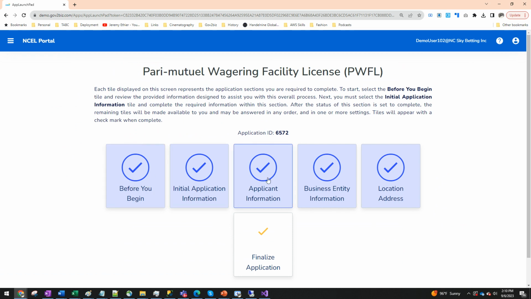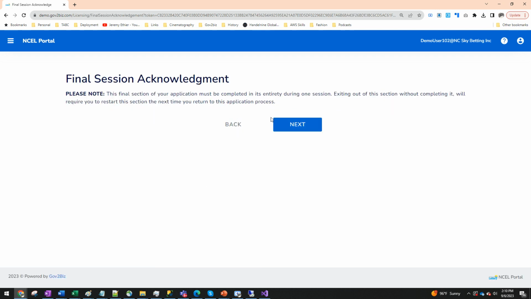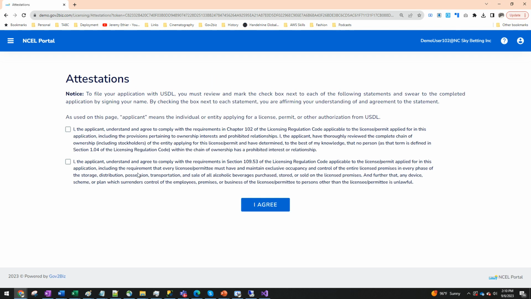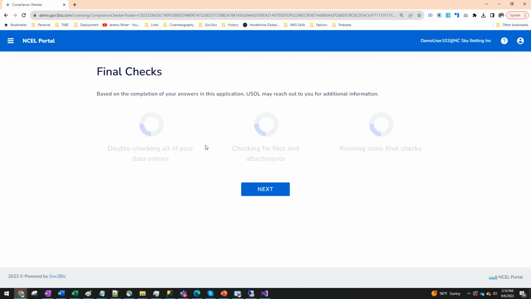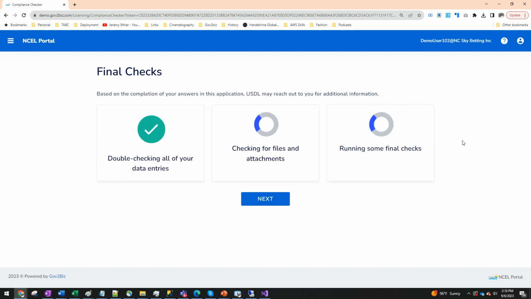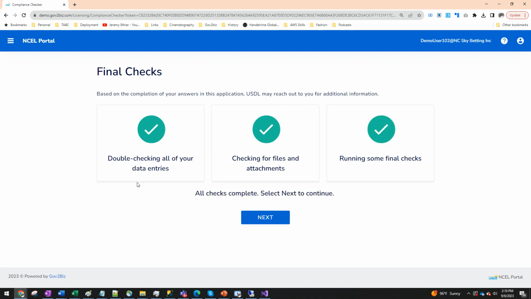Once all necessary forms are filled, user will be presented with a finalizing application section. In this section, user will be providing all his acknowledgements and signatures at the application level. And this is our finalization section. In this section, we will try to run all the business rules attached to this license type and check if